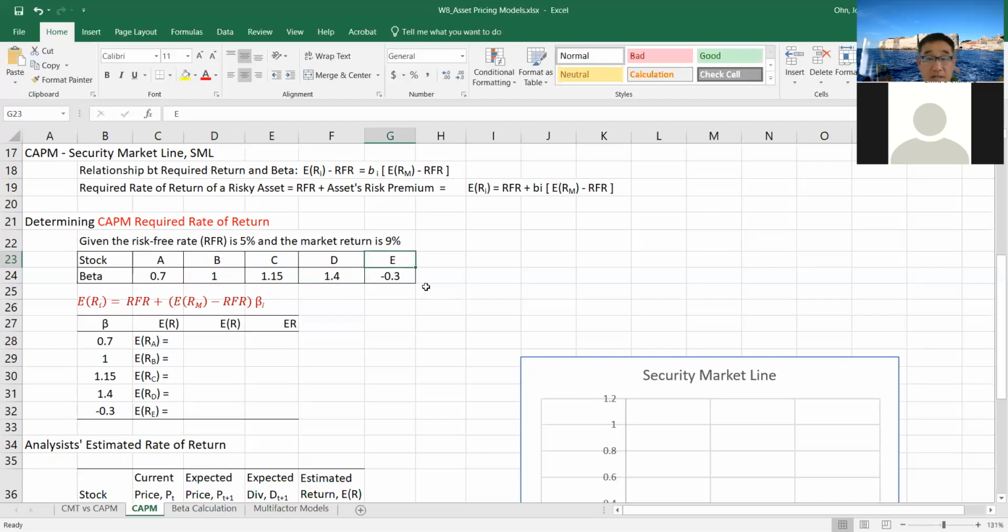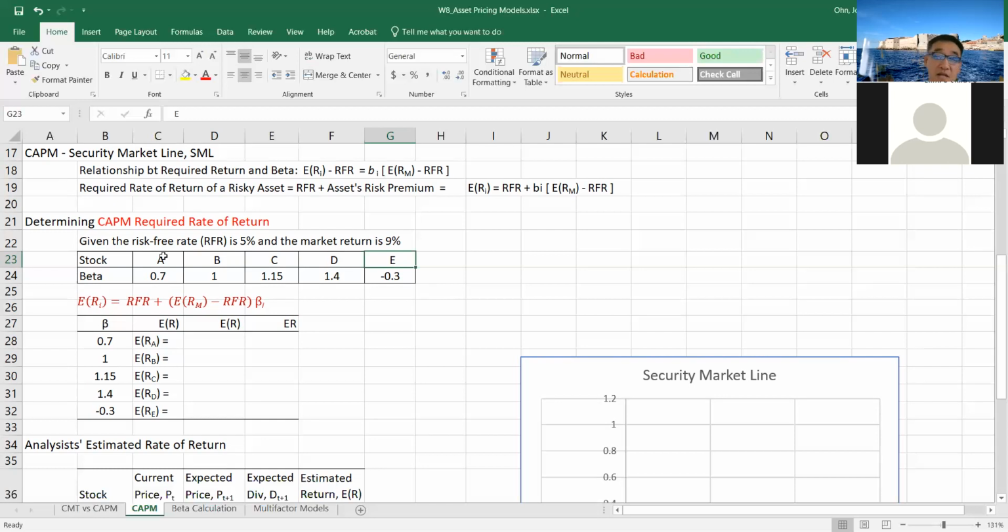And E has a negative beta. Yeah, negative beta. That means the behavior, the moving direction of this stock, tends to be opposite to the market portfolio movement, right? So if we use the S&P 500 as the market portfolio proxy, probably the bond portfolio, the government bonds or the corporate bonds, move similar to this, the negative